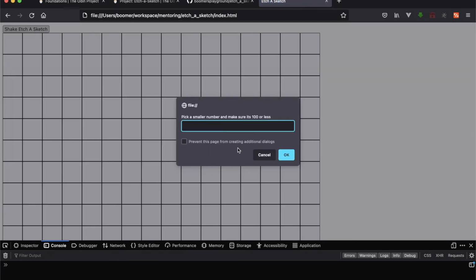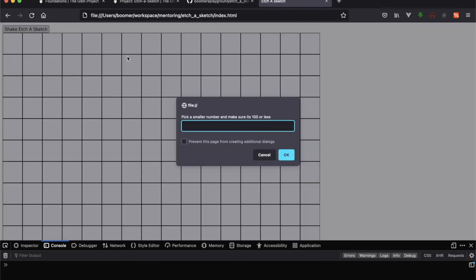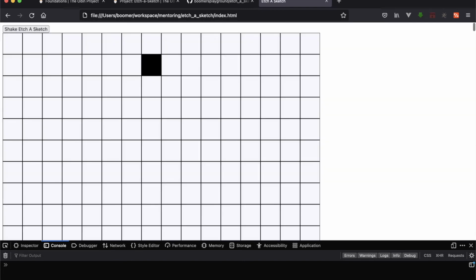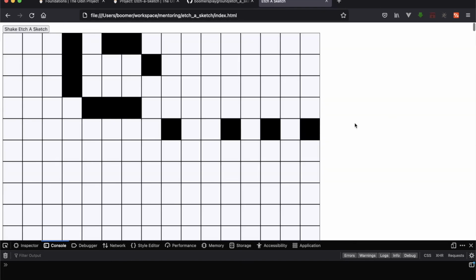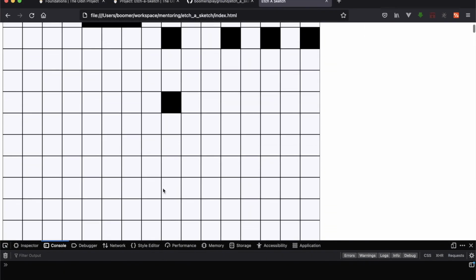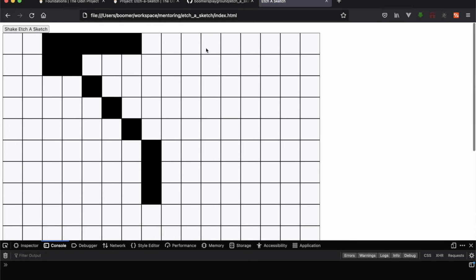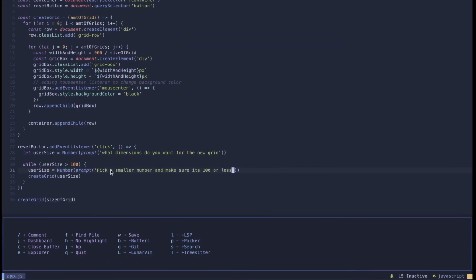It says pick a number smaller, we'll do 500. Same thing. But if we do 10, you'll see we don't get what we expect. Okay. Oh, you know what? Okay, something's definitely wrong there. Okay, so that makes it look like,